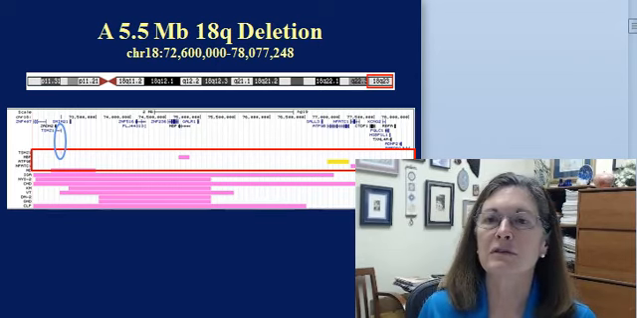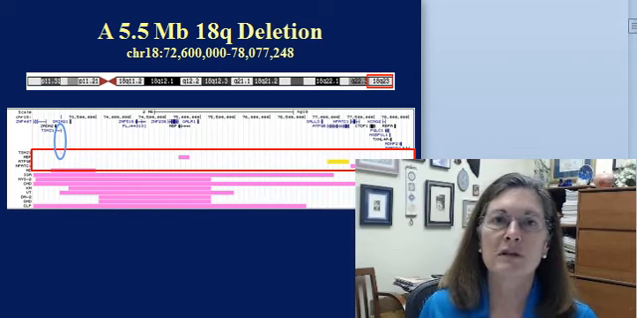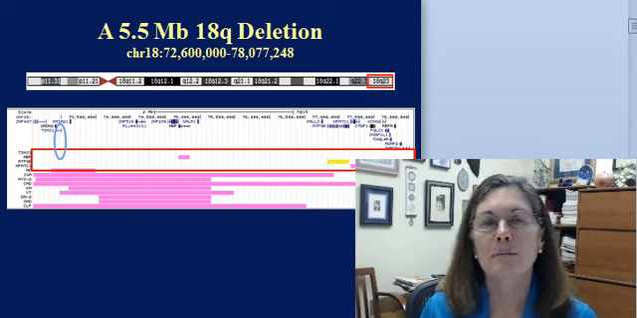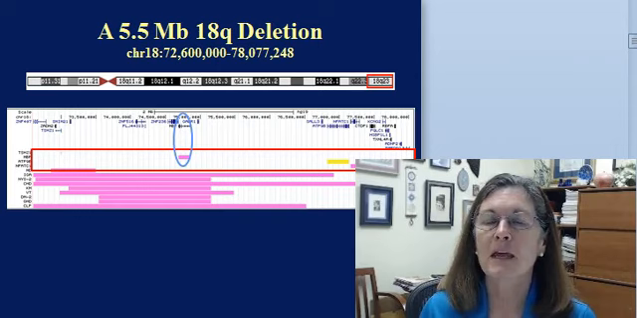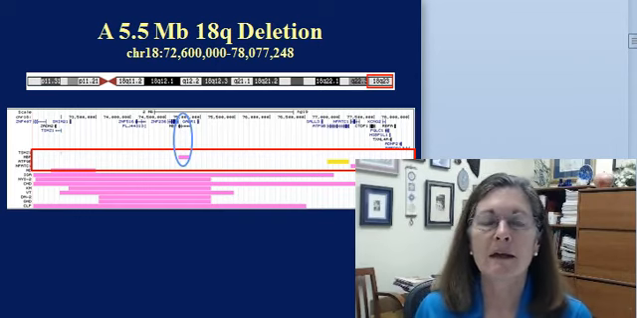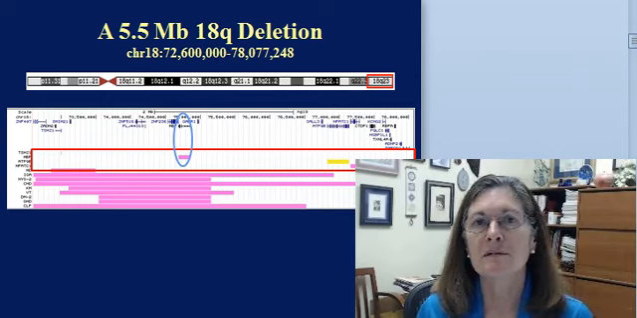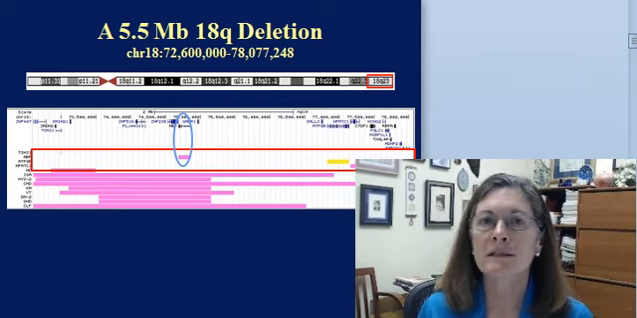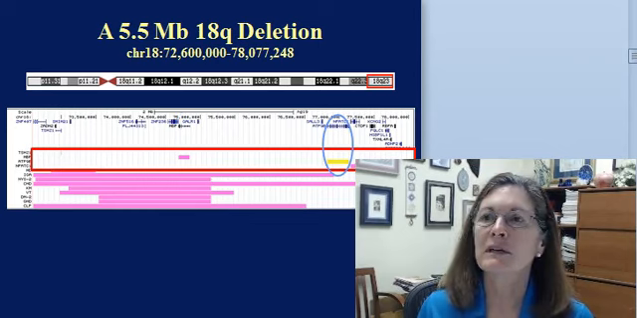So here's the T-shirt gene, and if you have a deletion that includes this gene, you have a 78% chance of having atretic or stenotic ear canals. The next dosage sensitive gene is MBP, and this is associated with high-frequency sensorineural hearing loss. The next gene is